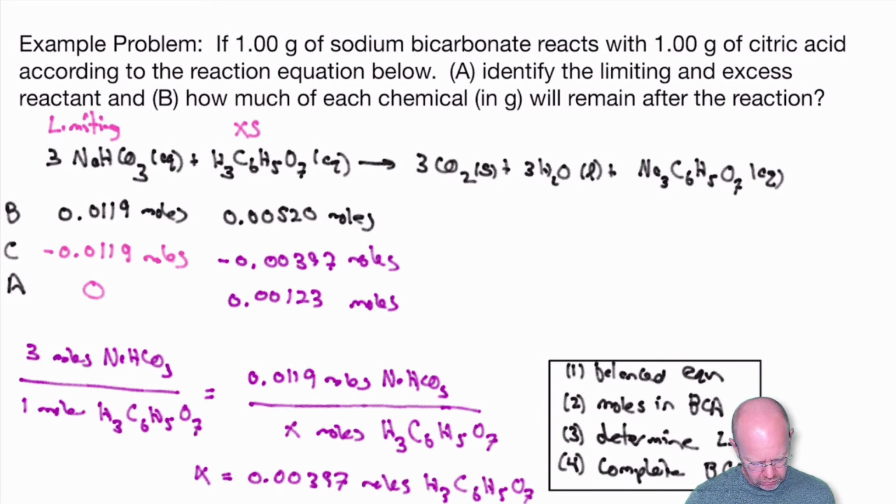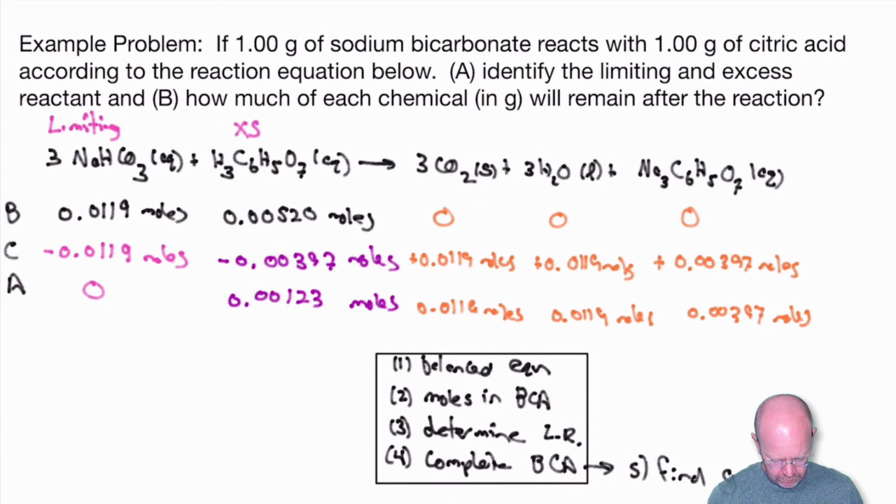Now what we're going to do is use the mole ratio, the stoichiometric coefficients in the products, to figure out the number of moles and their change. At the beginning of these chemical processes, we assume that there are no moles of any of the products. So we have no moles of CO2, no moles of water, and 0 moles of sodium citrate. We can use the ratios, or we can just notice that the stoichiometric coefficient of sodium bicarb is the same as CO2,